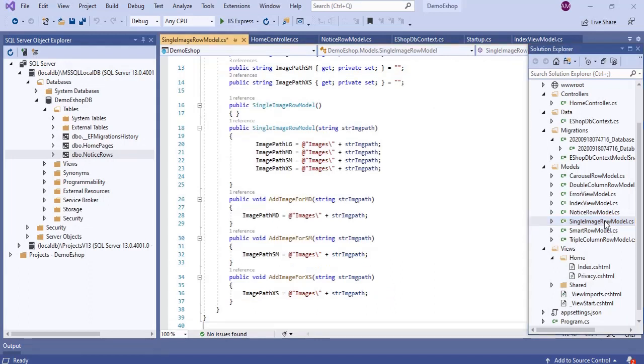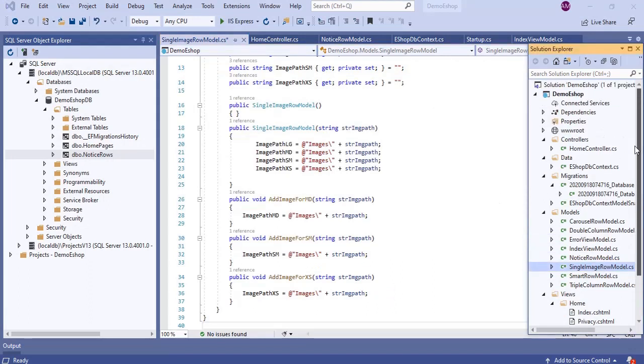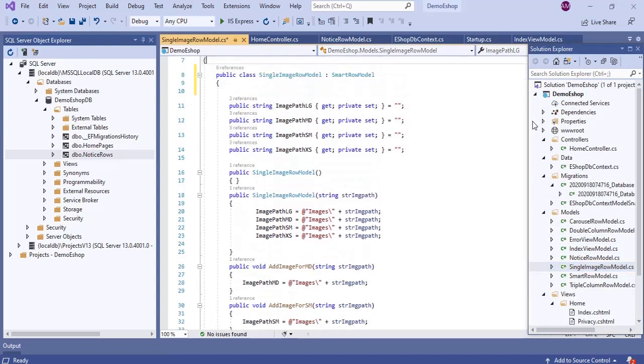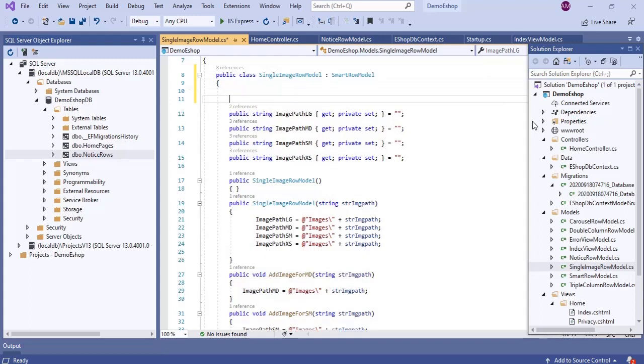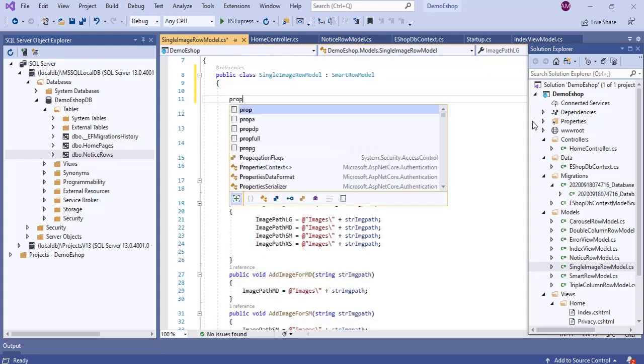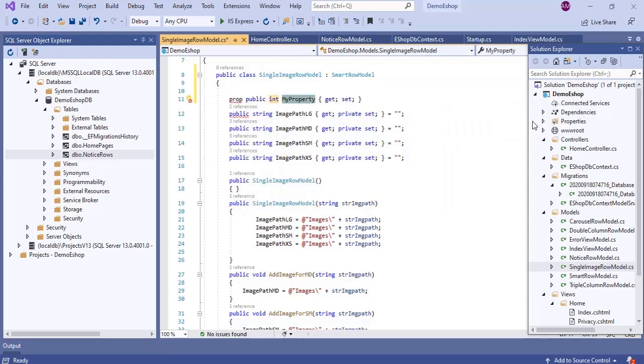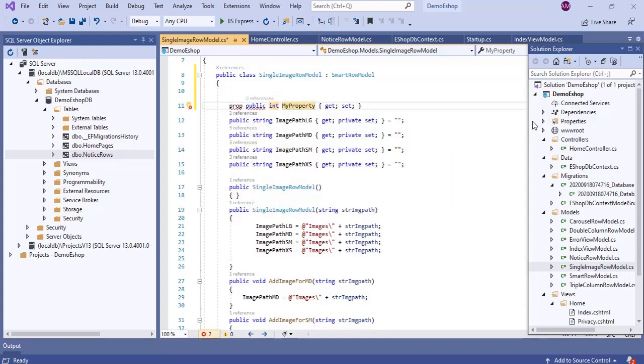For that, we need to do some minor changes in the single image row model. First, we need to add a primary key to our single image row model. So we will add a property of type integer, and we will name it RowId, and then we'll make this set to private.